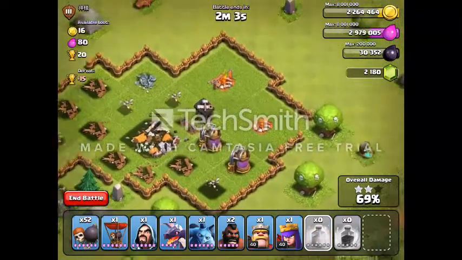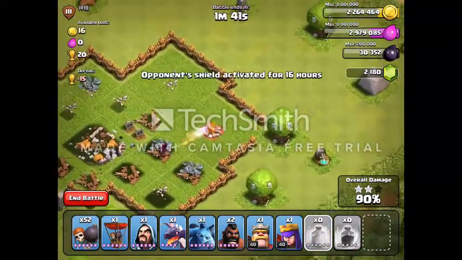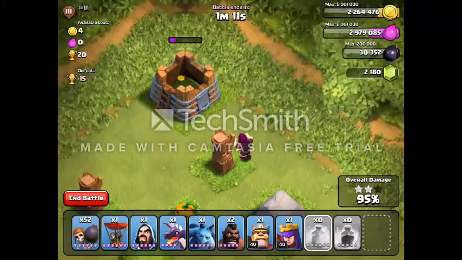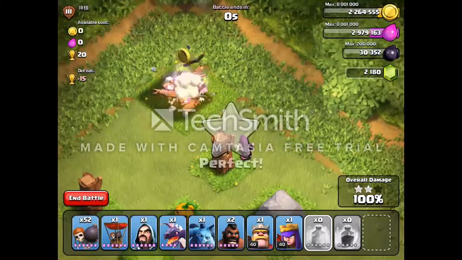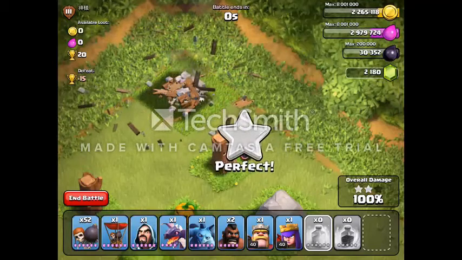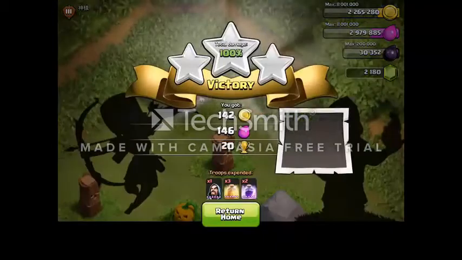We've got the 3rd heal spell in there, and now there's nothing to slow him down. The Wizard finishing up his attack way up in the corner on this gold mine. Yes, it's another perfect 3-star victory, and with the end of that battle brings the end of this